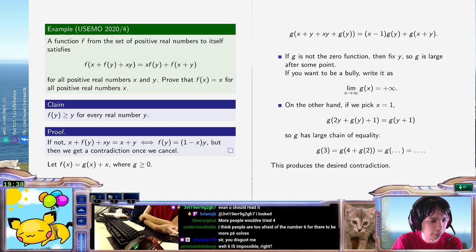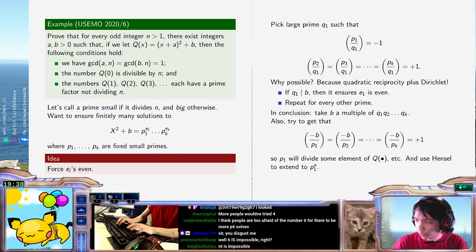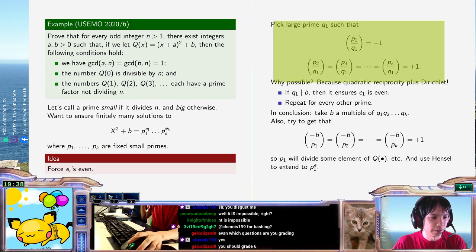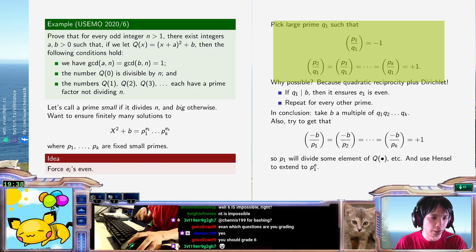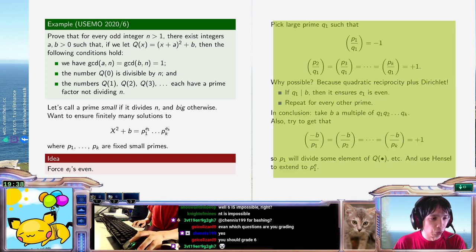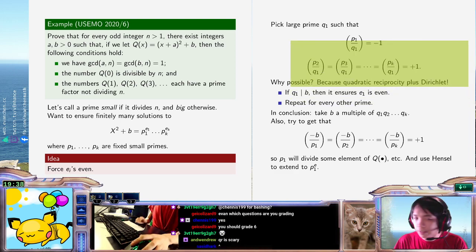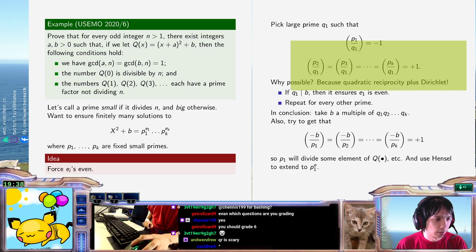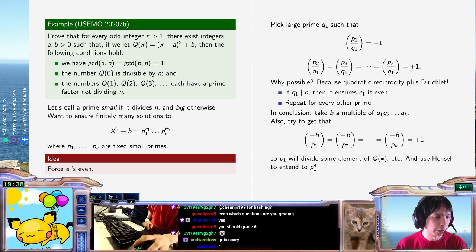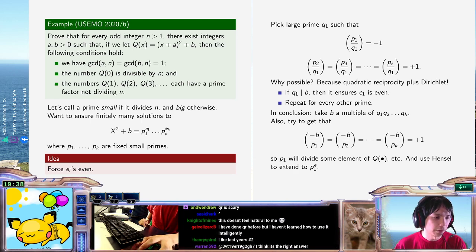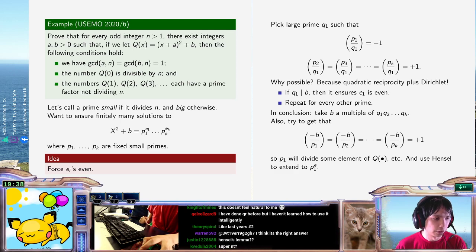6 is scary for sure. I think 6 is a kind of problem that you don't solve if you're not comfortable with quadratic reciprocity. If you've just seen the statement of QR before and you've never used it, you're not going to get something like this to work. This is a problem you only can access if things like this argument feel natural to you. I think it's a great test of who has the good advanced number theory intuition, where advanced means in the Olympiad context. It's a good test of who can actually use quadratic reciprocity and Dirichlet to get what they want. Plus, I think this idea is so nice.